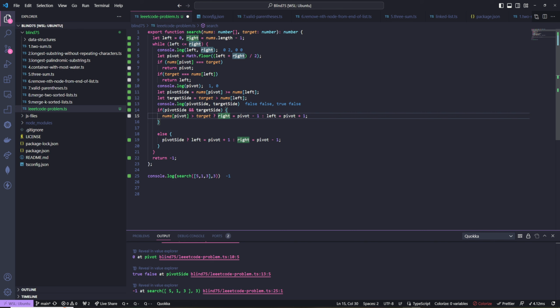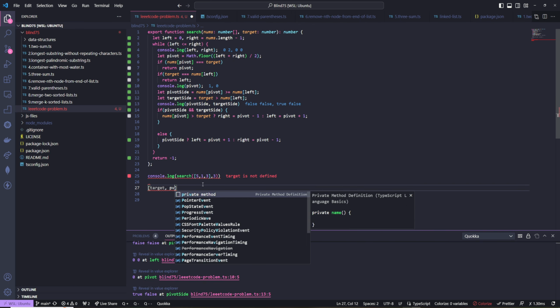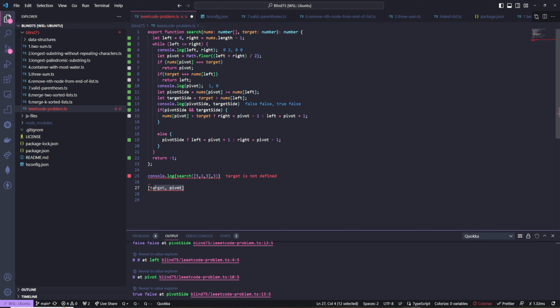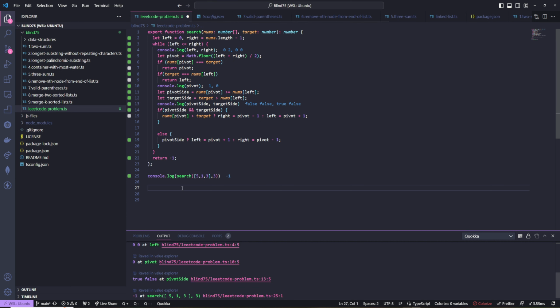So we should be going... it's going here for some reason. We're deleting this, but we actually want to be deleting the other side, that's our issue here. So let's go through this one more time. If num's pivot is greater than the target, then the target would be here and the pivot would be here. Then we'd want to go left, which is fine. And if num's pivot is less than the target, in our case, num's pivot is less than the target, so we'll do this case here, left equals pivot +1,